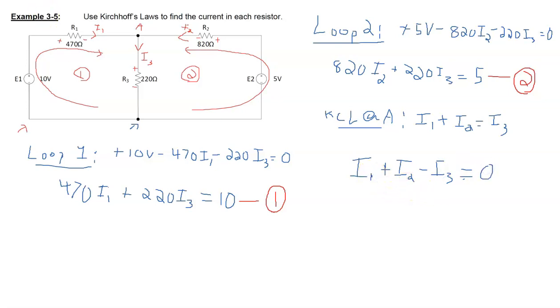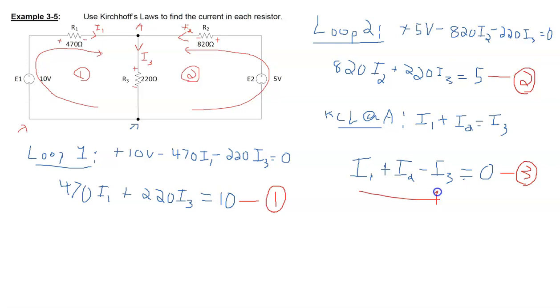And that becomes equation 3. So I got 3 equations and 3 unknowns. And again, we can solve those using any method. And so substitution says that when we got this one here, right, with our 3 variables in it, this loop equation doesn't have an I2, and this loop equation doesn't have an I1. And so solve equation 1 for I1, solve equation 2 for I2, substitute them into equation 3, come up with